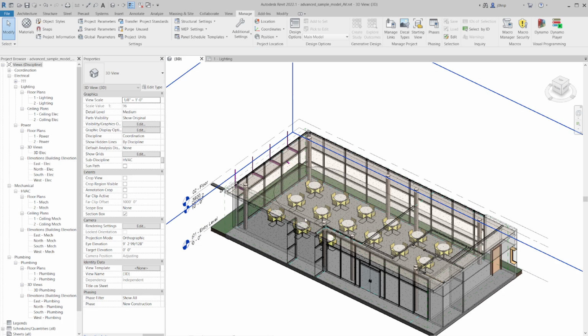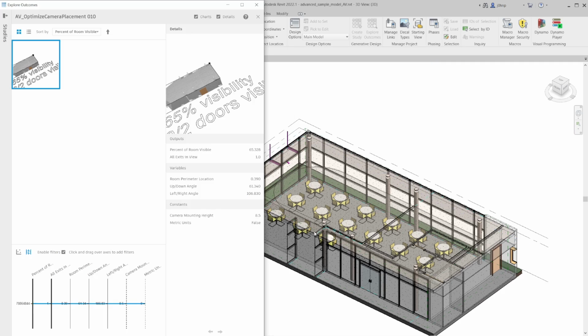Further expansions on this graph could be adding a camera view in Revit with the nodes available in out-of-the-box Dynamo that have all of those parameters set as well. That'd be a really interesting use case to actually create axonometric views that mimic the camera view as well. With that in mind, I encourage you to download this file, take a look at it, try some of the other optimization criteria or the other study types for this as well,